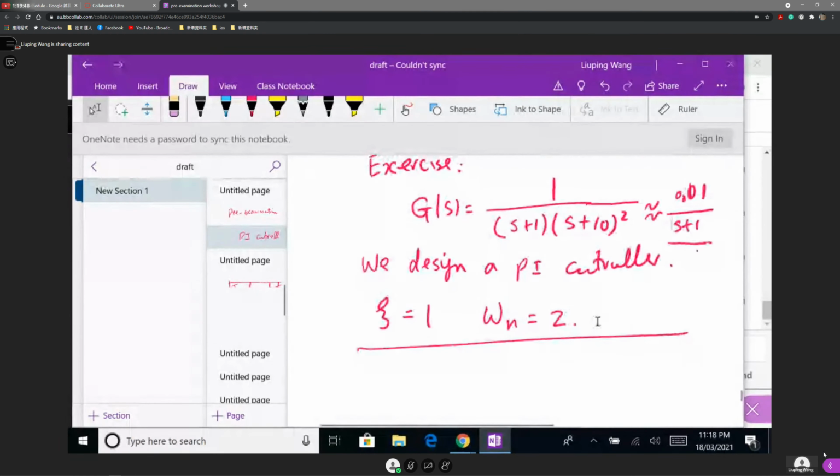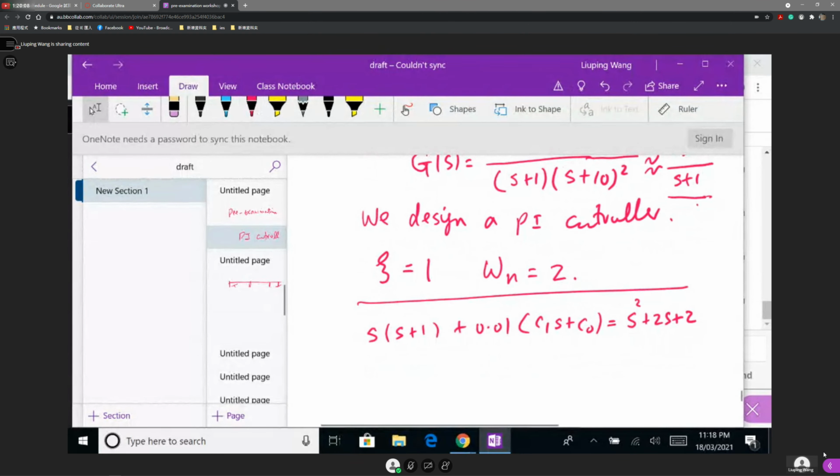So then I have this plus 1, plus 0.01. Right. So I'm going to get and compare S. So it's 1 plus,